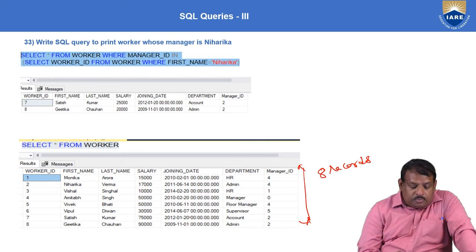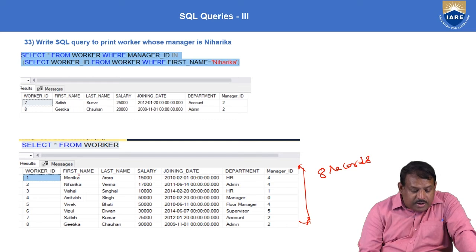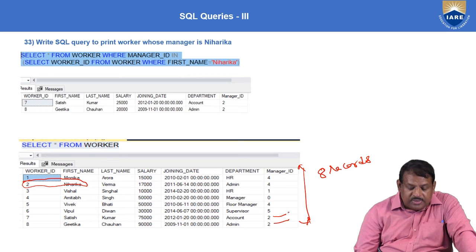Okay, now see here. What is Niharika's worker ID? So Niharika's worker ID is number 2. Now we have to see what is the 2 here. So 2 is there for Satish and Geetika.